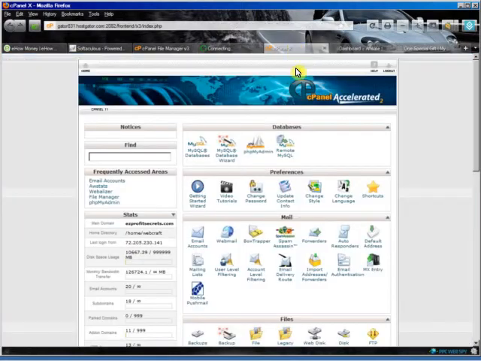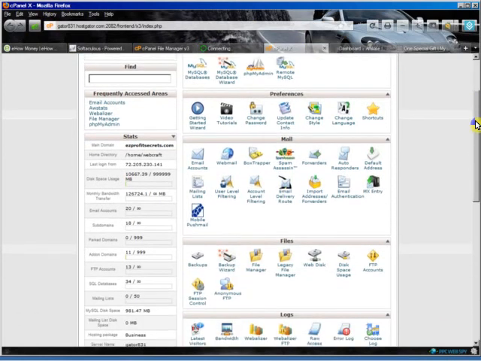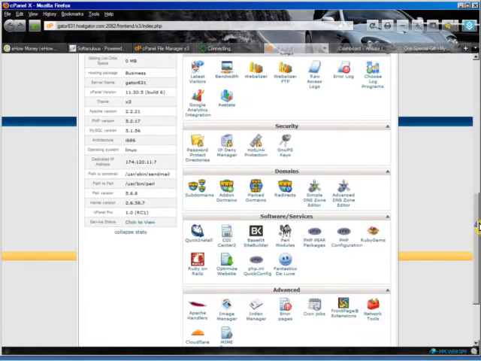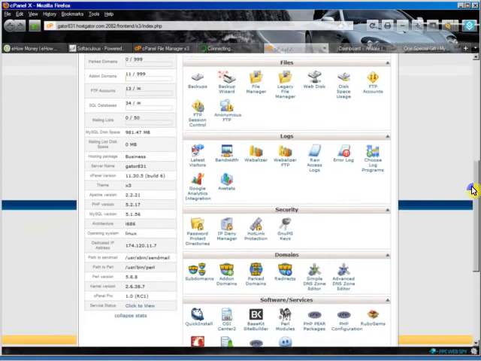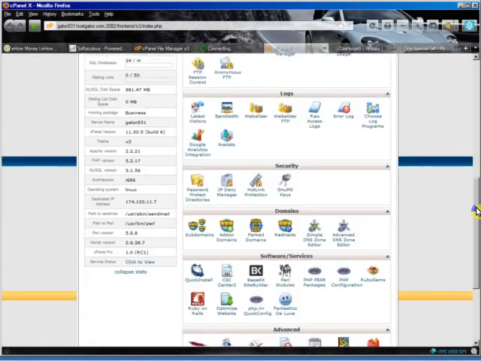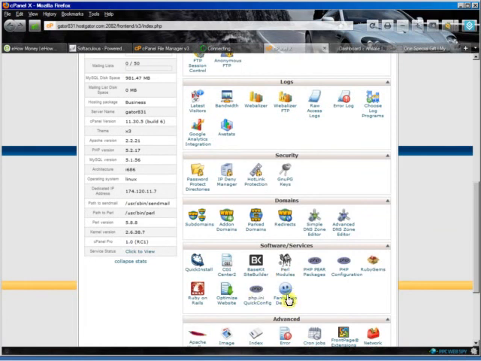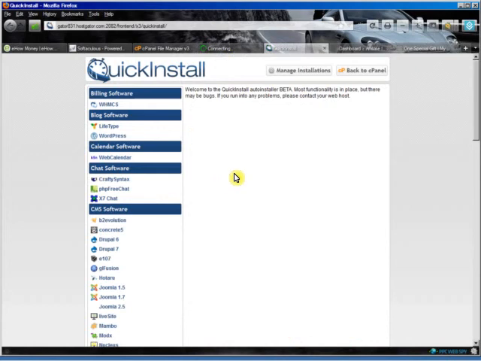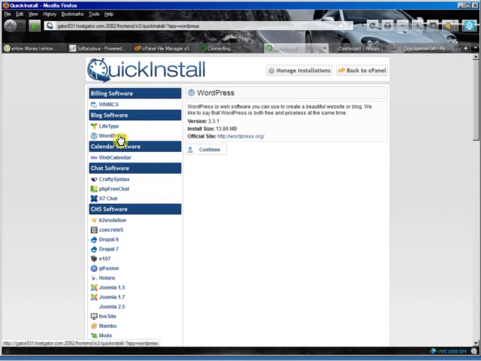And while we do that, now I'm going into my HostGator account, and we're going to install WordPress and the multi-site on this one. With HostGator, they don't have the multi-site installer built into any of their installer packages. So what we need to do is install WordPress with quick install, and then we have to go in and manually edit the code to make it a multi-site website. So we just go in and install WordPress,